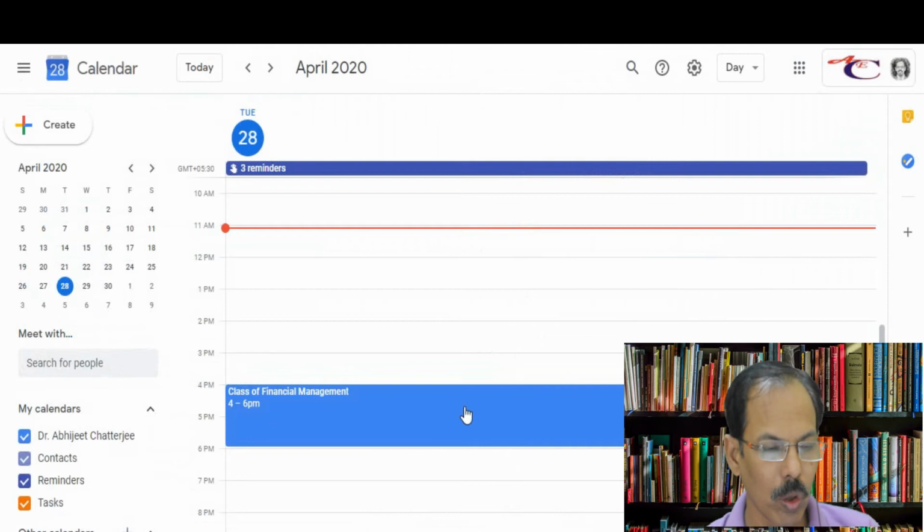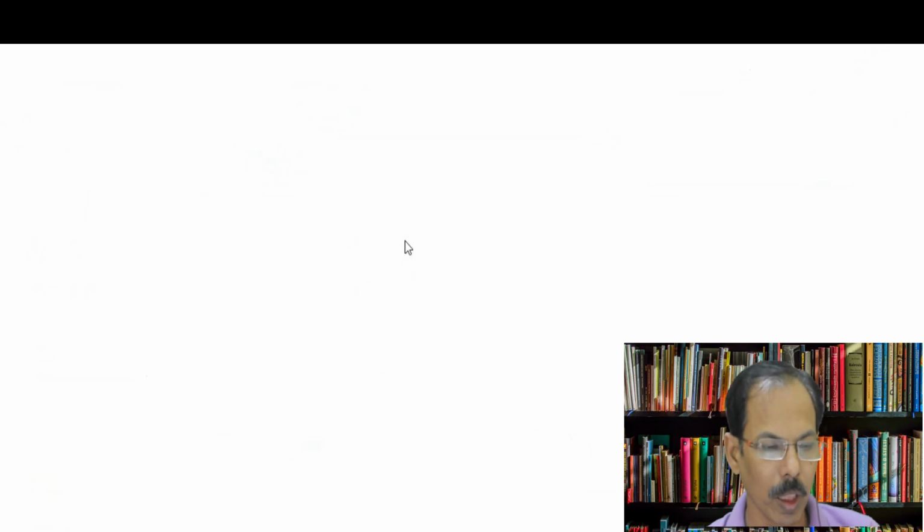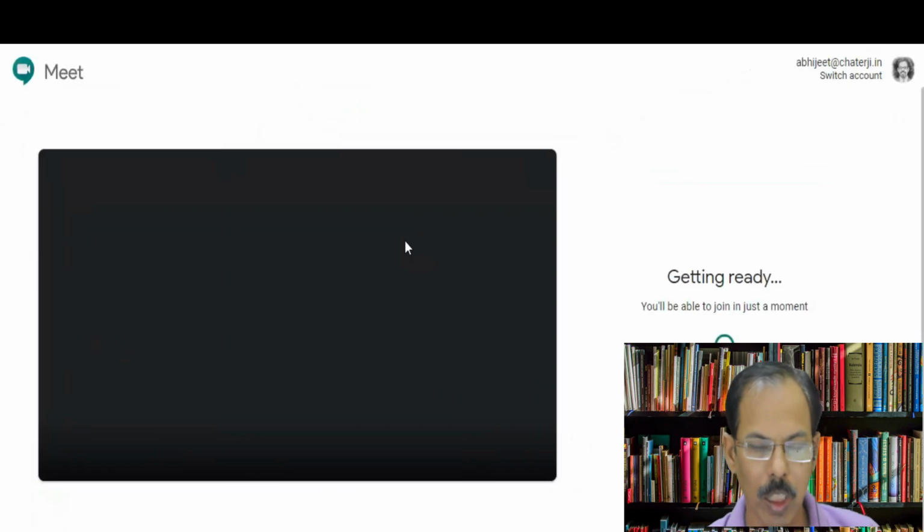Now when you have to open the class or a meeting, it is very simple. Just go to the Google Calendar again and click on this particular place, and here you just have to click on join with Google Meet, and you will see another screen wherein the Google Meet window will open. You will see that you are present on the meeting. There are some participants who have already joined in or are getting ready, and then you just have to click a button over here on the right hand side which says join meeting, and you will be joining as the organizer of the meeting, and you can conduct the meeting or the class as per your requirement.